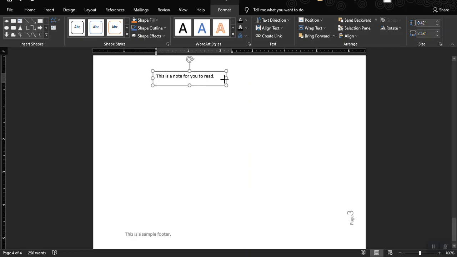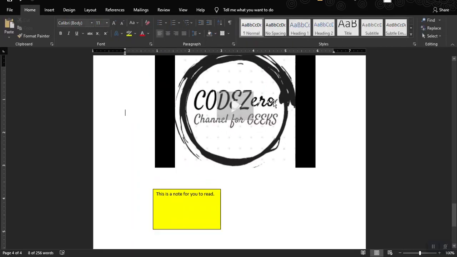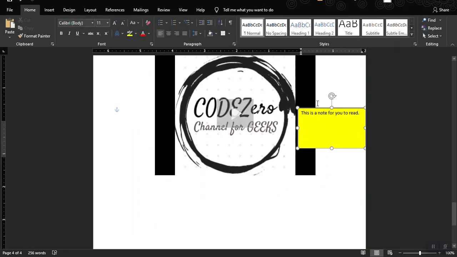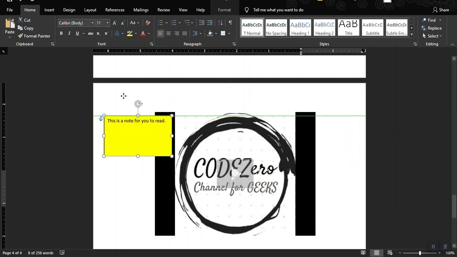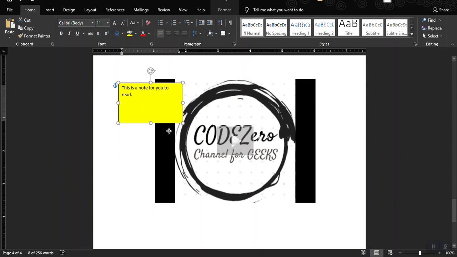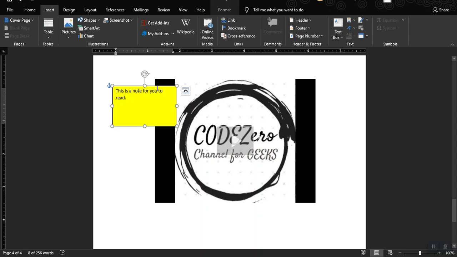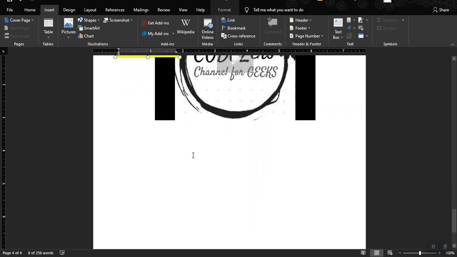It's like a sticky note. Then let me change the color of this one into, let's say, yellow, and then you could paste it somewhere on your document. So if you want to ask your friend what this content means, you could take a note or comment or suggestion. You could choose to create a text box and then use it as a sticky note. Okay, so next is